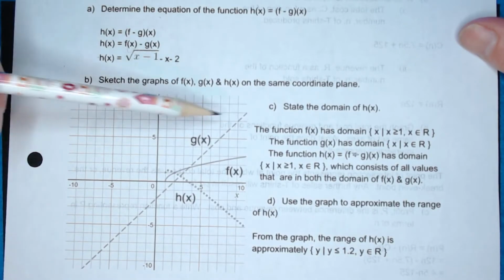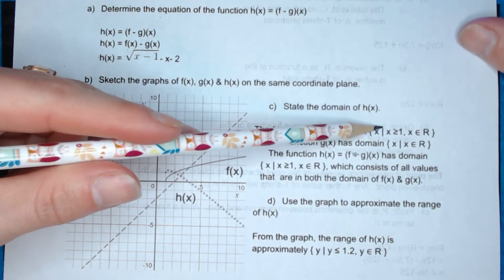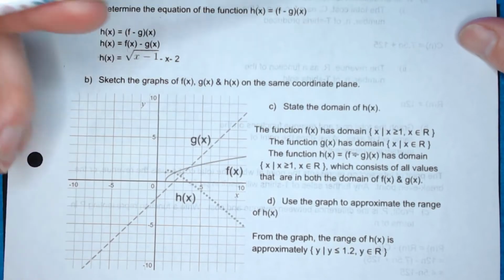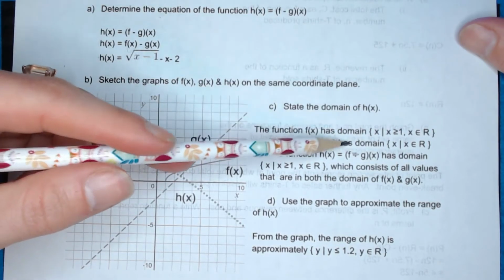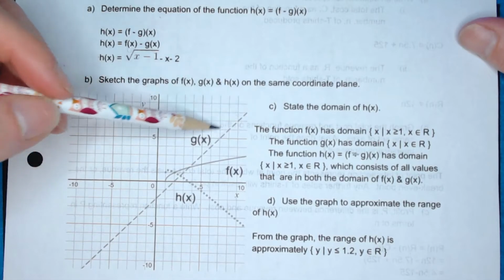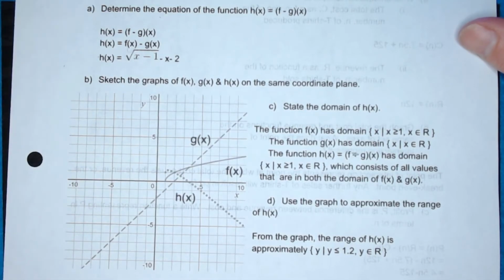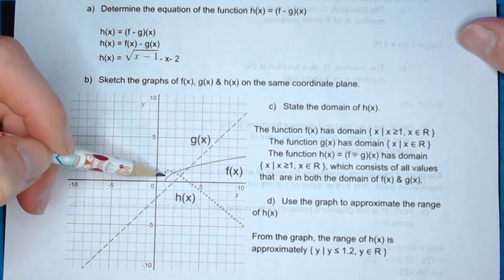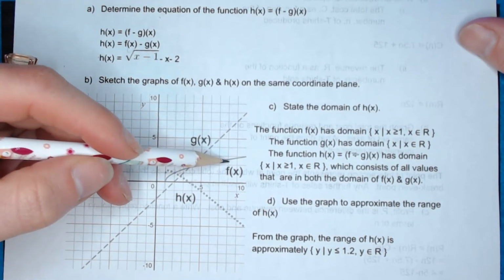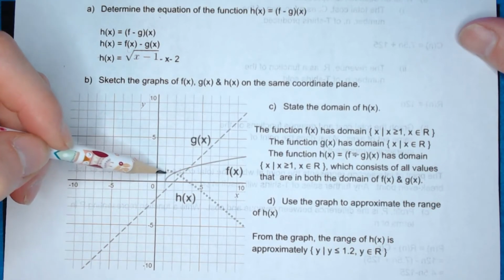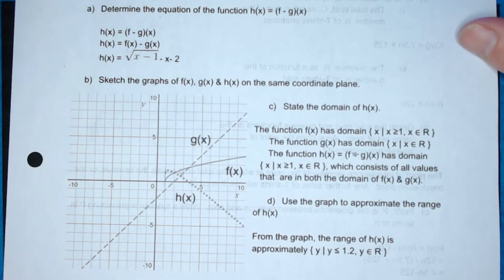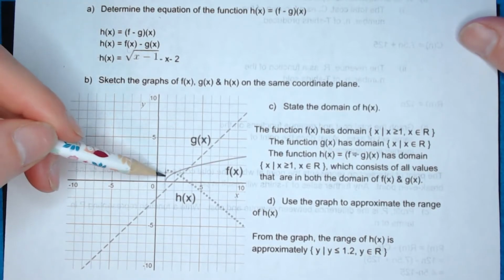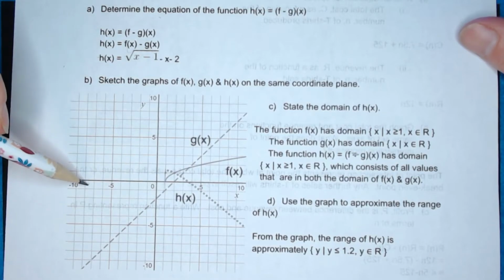The function f of x has a domain x is greater than or equal to 1. And g of x has a domain x is an element of the reals. It's just a straight line and continues off into infinity. So the function h of x is going to be restricted by the domain of f of x. That's our restriction there. So the minimum value of h of x can only be 1 and all values greater than it. Notice that h of x does not exist past 1